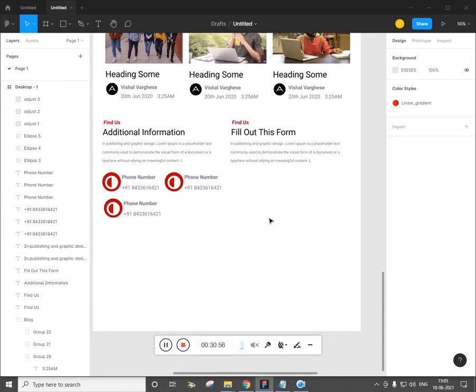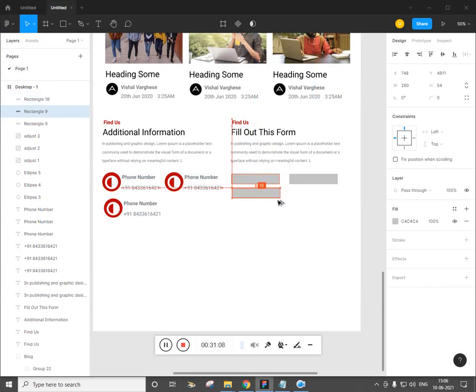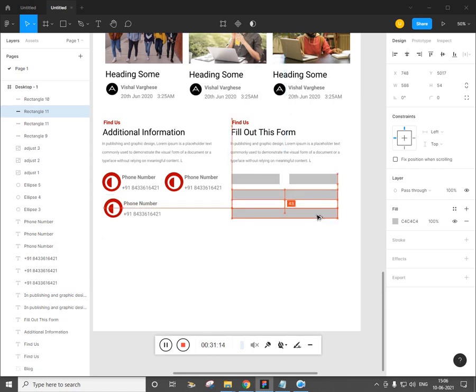Now we can fill out the form. Create a rectangle, press R and alt drag one more time, and alt drag, make this bigger, alt drag one more time and make this larger.